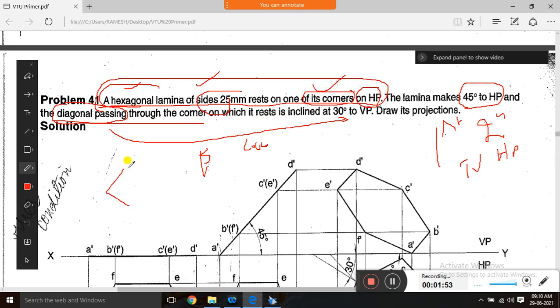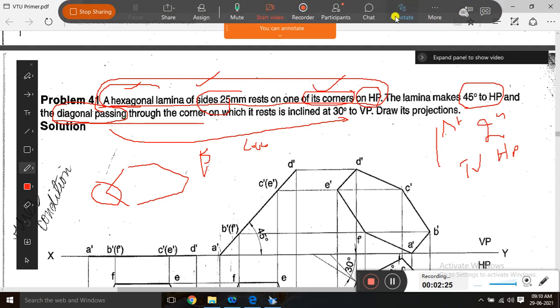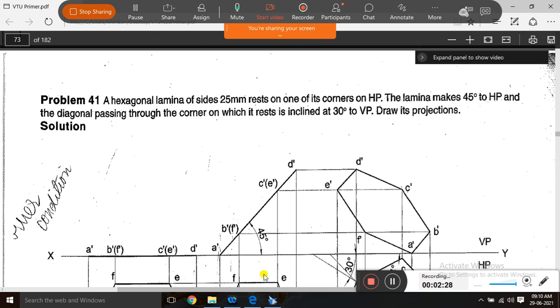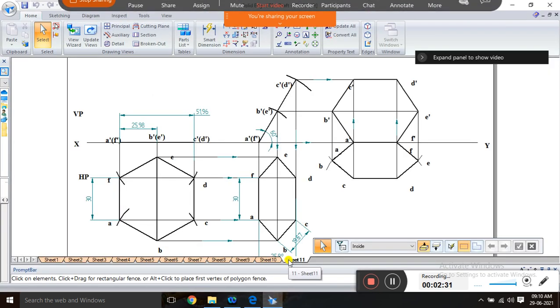So this is a corner. This is a hexagon and this is a corner, and the line joining from corner to corner is called a diagonal. So in the case of a hexagon, the line joining corner to corner is called the diagonal. In the case of a pentagon, the line joining corner to side is called the perpendicular bisector. So it is a hexagon, so it has a diagonal, and if a diagonal is there, then you have to go with the locus method. Okay. Yes, we will start the problem.